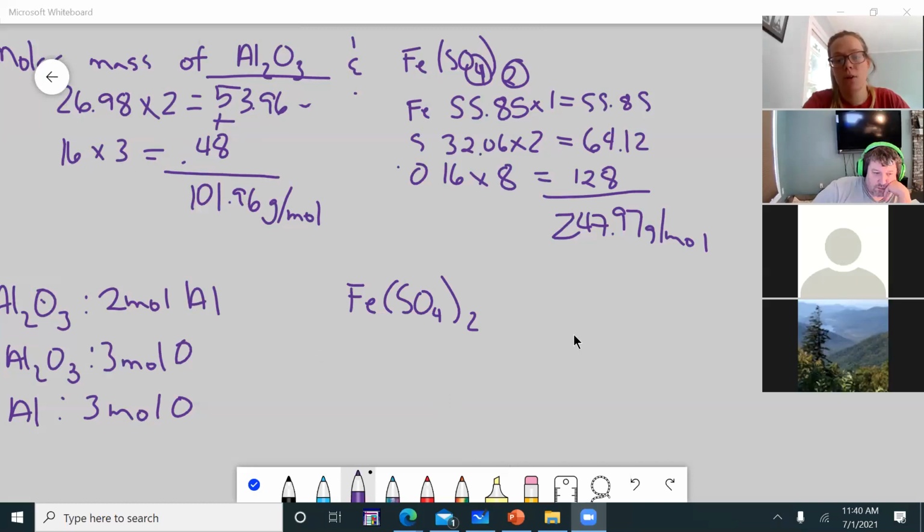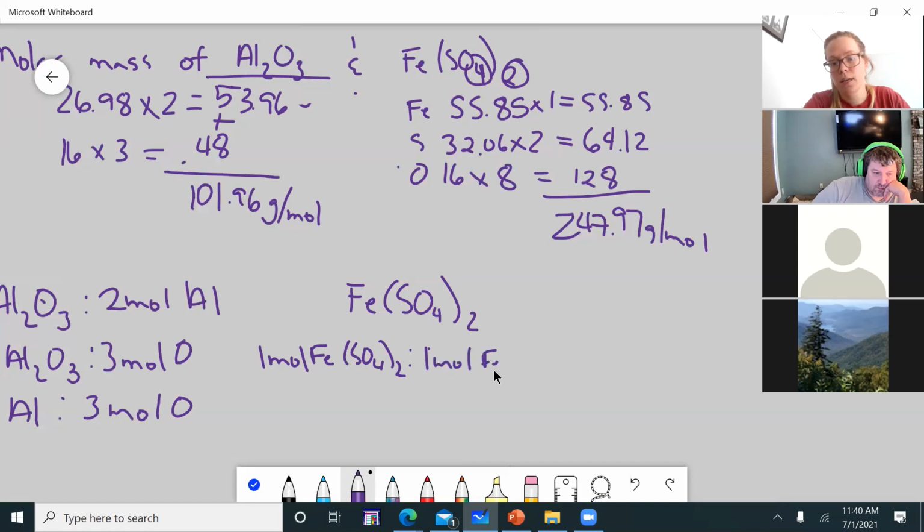Okay, so I'm just going to chain them all together in one long relationship. So 1 mole of FeSO4, 2 will relate to 1 mole of iron. Right, there's only 1 iron in there. I'm just going to keep them all chained: 2 moles of sulfur, and then 8 moles of oxygen. And you can pick and choose what you want to use from this relationship depending on